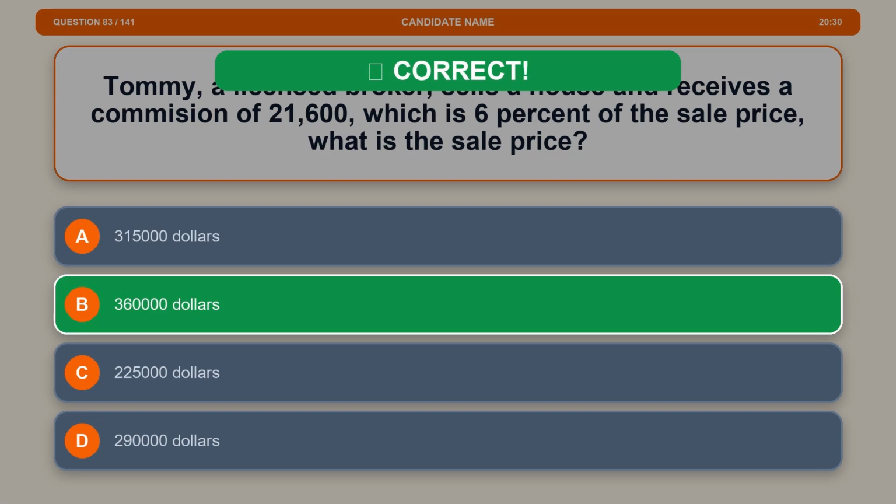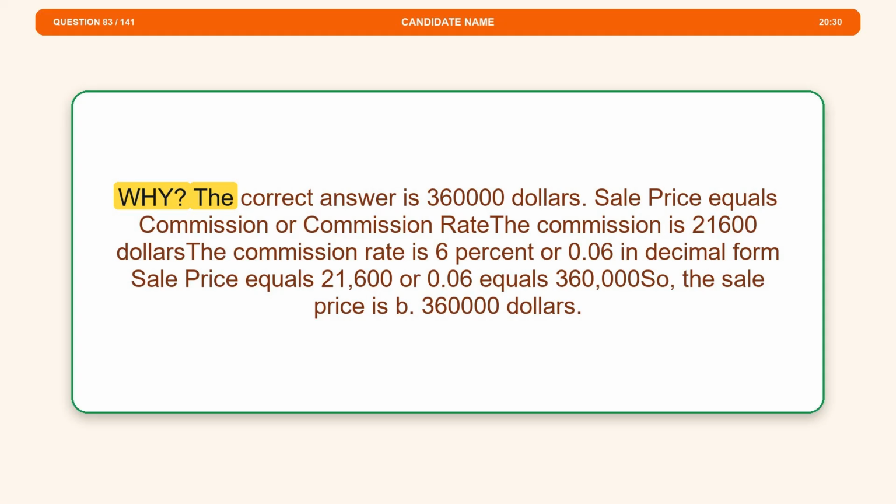The correct answer is option B, $360,000. Sale price equals commission divided by commission rate. The commission is $21,600. The commission rate is 6%, or 0.06 in decimal form. Sale price equals $21,600 divided by 0.06, equals $360,000. So the sale price is B,